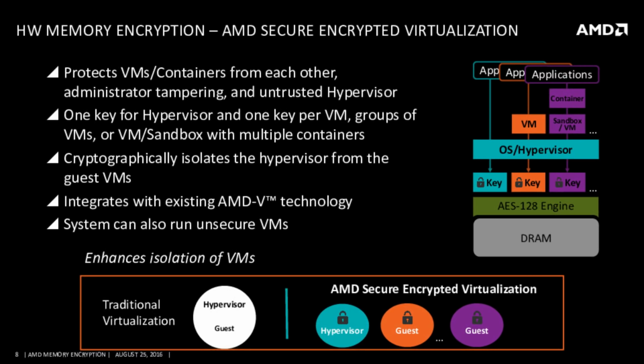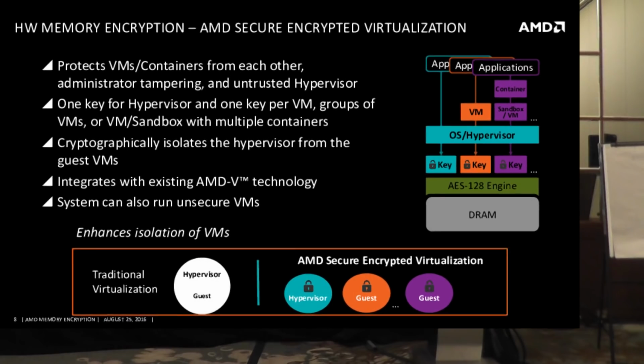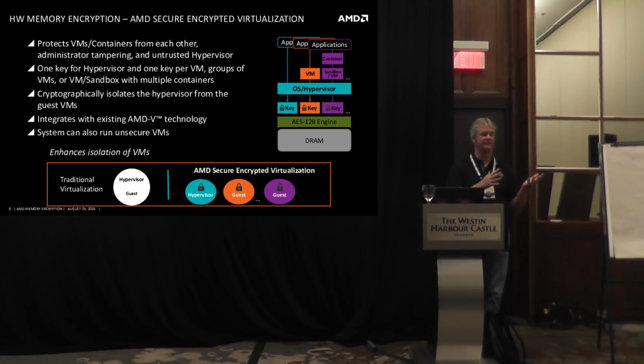So now Secure Encrypted Virtualization: we have the one key that we talked about for the hypervisor, but then each VM can have its own key. Or you can group VMs into a key by sharing that key, or allowing sharing of that key. Or if you run sandboxes or lightweight VMs, and there was talk this morning about trying to get containers to come up faster through lightweight VMs, you'd be able to further protect containers in a VM environment. So what this does,